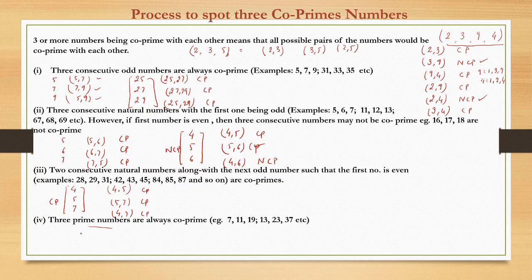And now any three prime numbers, this is very simple, quite obvious. Three prime numbers do not have anything in common other than one, so any combination of three prime numbers is always going to be co-prime. You can take anything like 17, 19, 79. This is a triplet of three prime numbers. The three pairs will have HCF of 1, and hence as a triplet this will be co-prime. So this concept is fairly simple. Only these four simple standard rules you need to keep in mind.